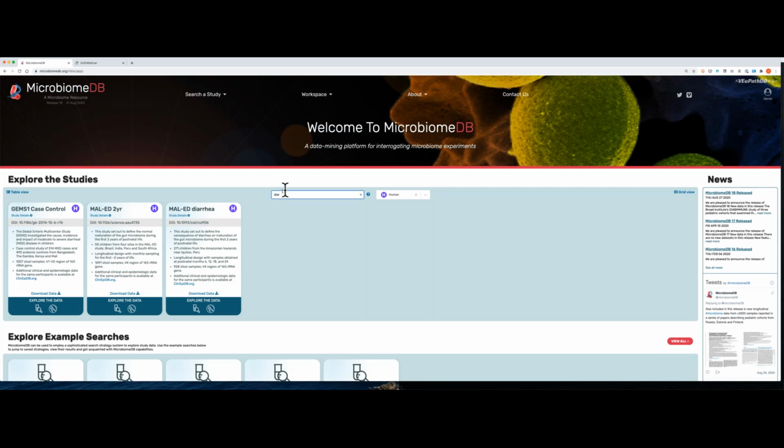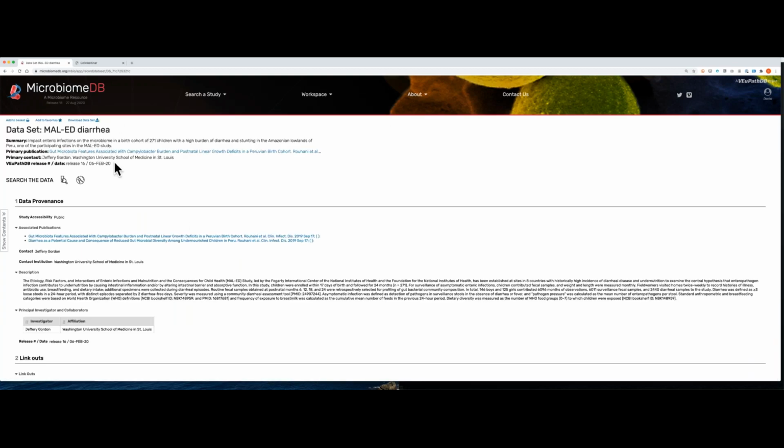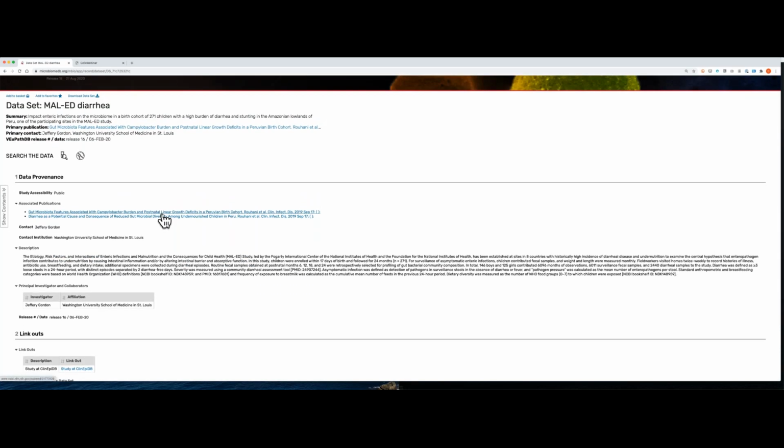This free text search box searches the front of the card, but also searches these extended study details that are available here. So clicking on that takes me to a more lengthy study details page that links to associated publications, the contact institution, and contact lab. In this case, Jeff Gordon's lab at